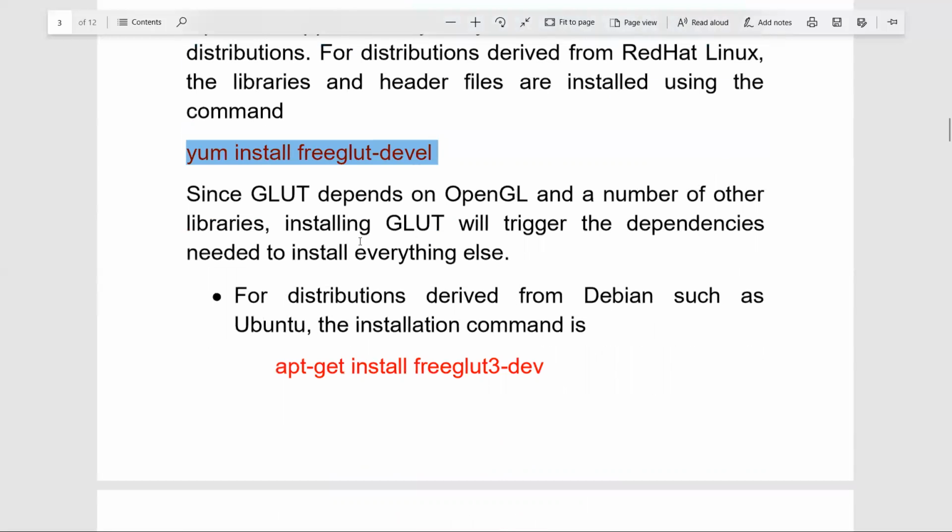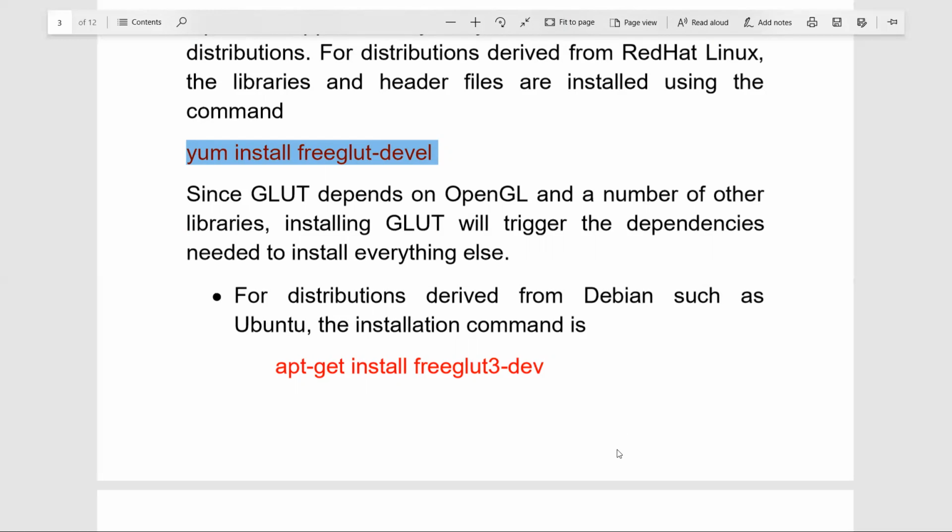As GLUT depends on OpenGL, we have to be installing GLUT, and GLUT will be able to trigger all the dependencies which are existing, and then because of the GLUT installation, everything else will be ready. All the dependencies will be ready.